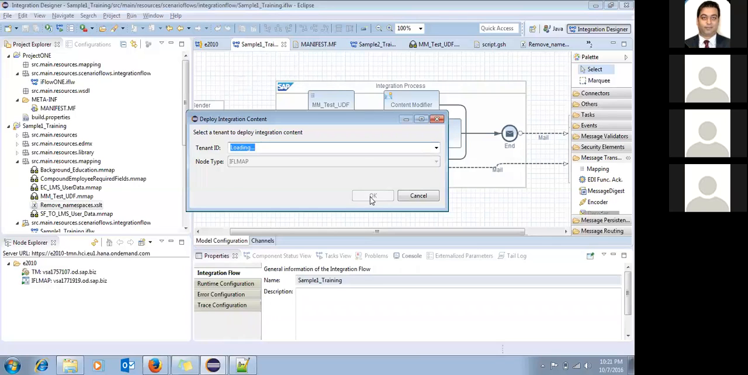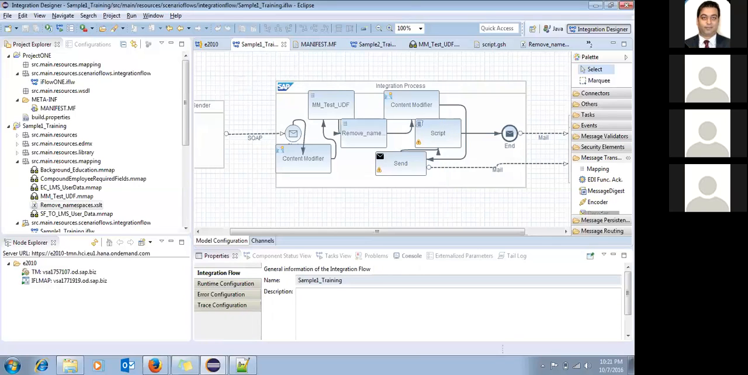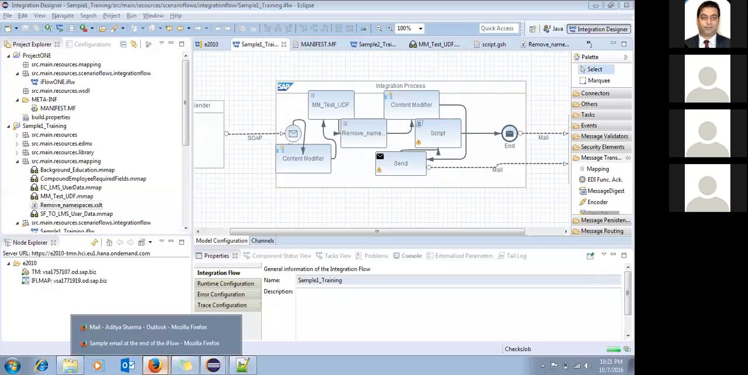So I'll just deploy it, and we can check the